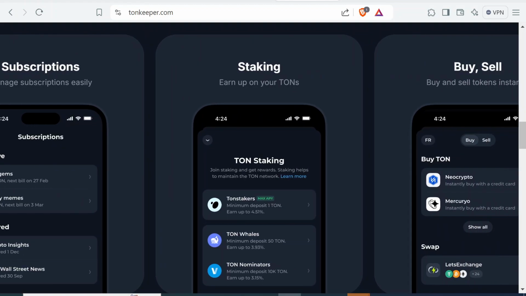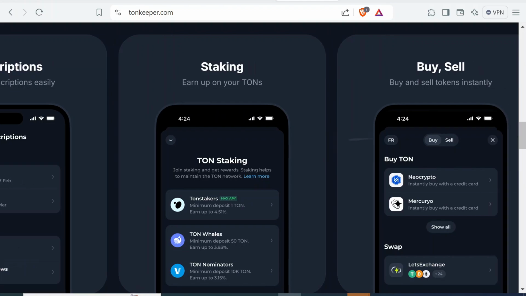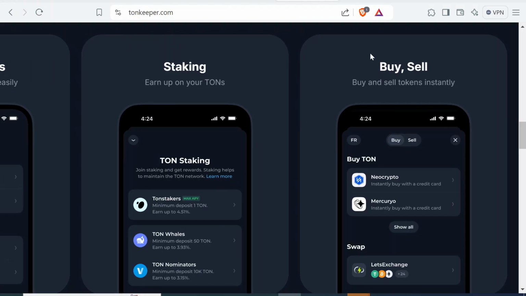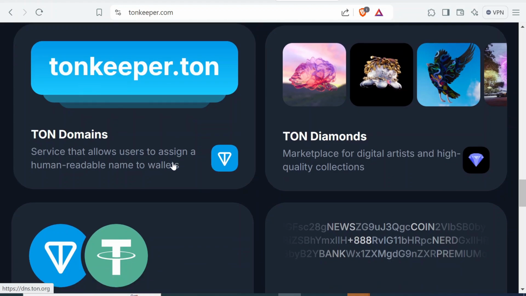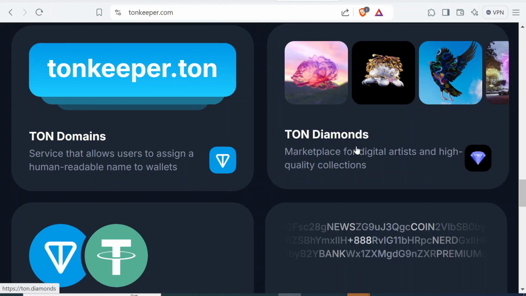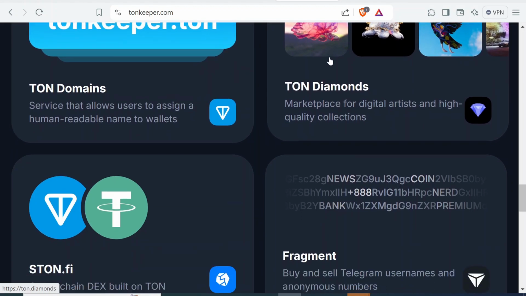You can do stakings, you can earn on your tons, you can buy and sell your tokens easily. You have the ability to get ton domains, like readable human-named wallets, a ton diamonds marketplace for digital artists and high quality collections like NFTs,